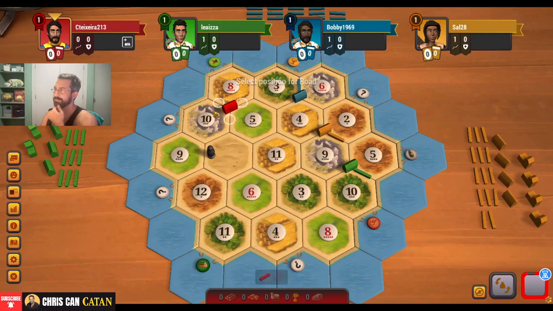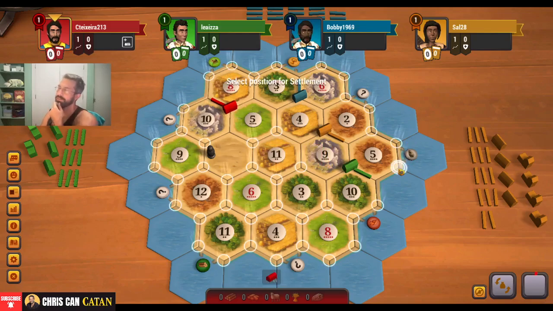Right, well, let's take the obvious one. Let's take this. So we get both ports. That's so good. Yeah, I think this is becoming a big question. It's like, what do we want to do? Do we want